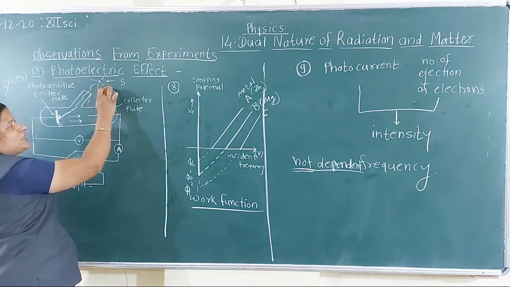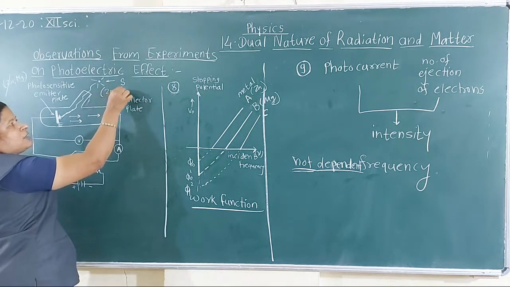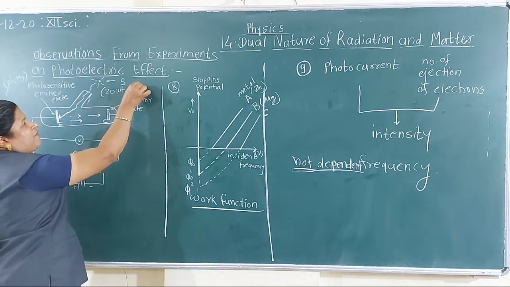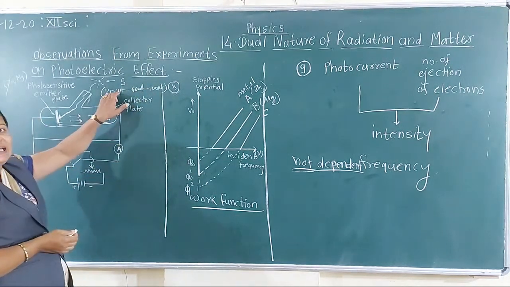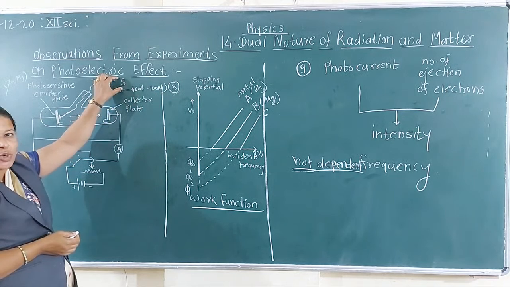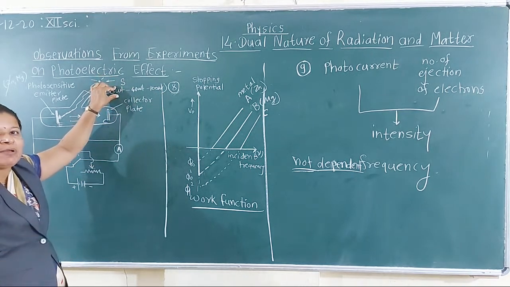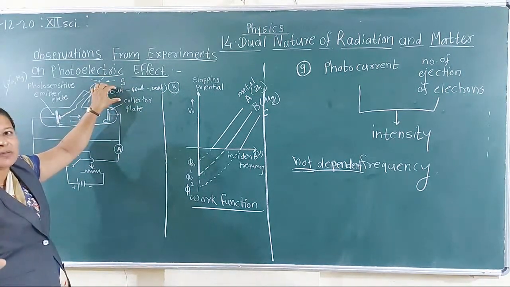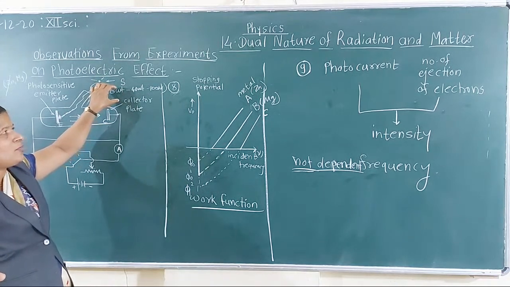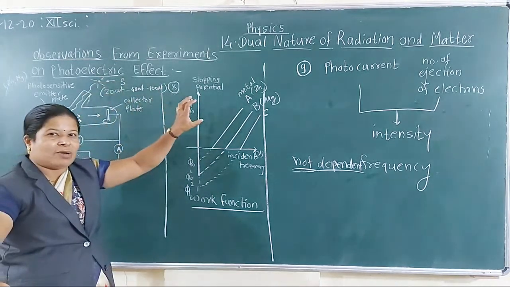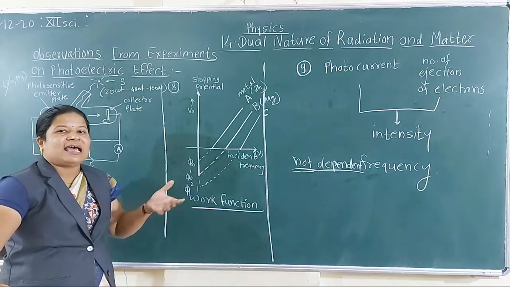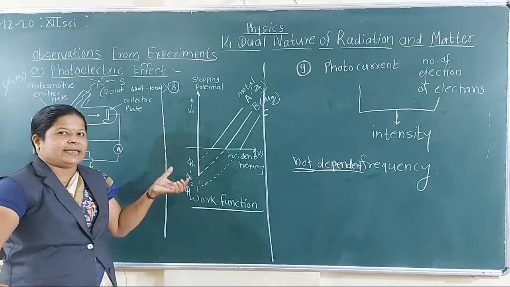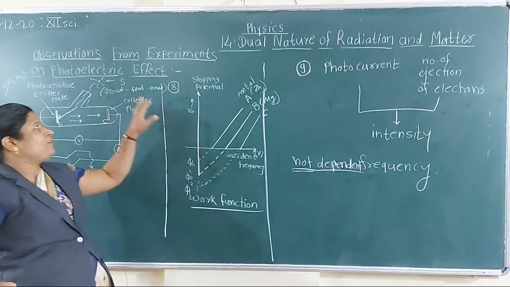For example, this source we use 20 watt, 40 watt, 100 watt. We increase the intensity of that source. Intensity, ज्याला आपण मराठी मध्ये तीव्रता असं म्हणतो. For example, एका रूम मध्ये जर 20 वॅटचा बल्ब लावला असेल आणि नंतर तोच काढून आपण 100 वॅटचा बल्ब लावला, तर त्या रूम मध्ये लाईट इंटेन्सिटी जी आहे ती इन्क्रीज होणार आहे. So if